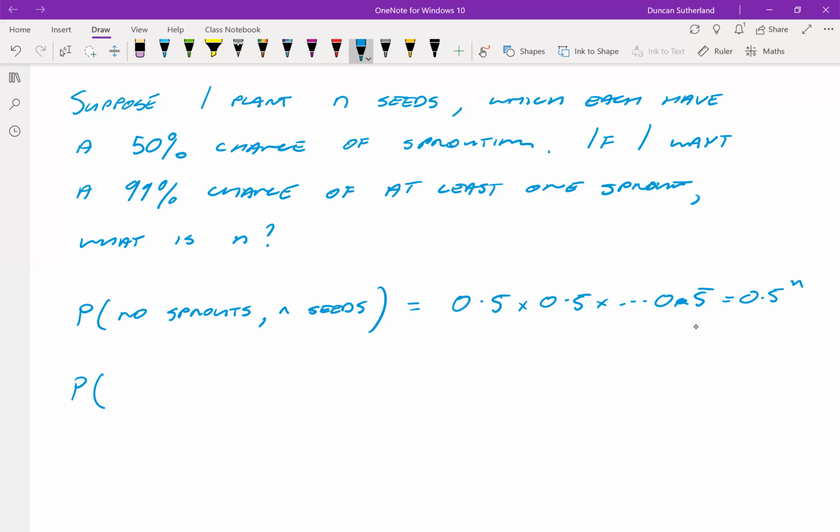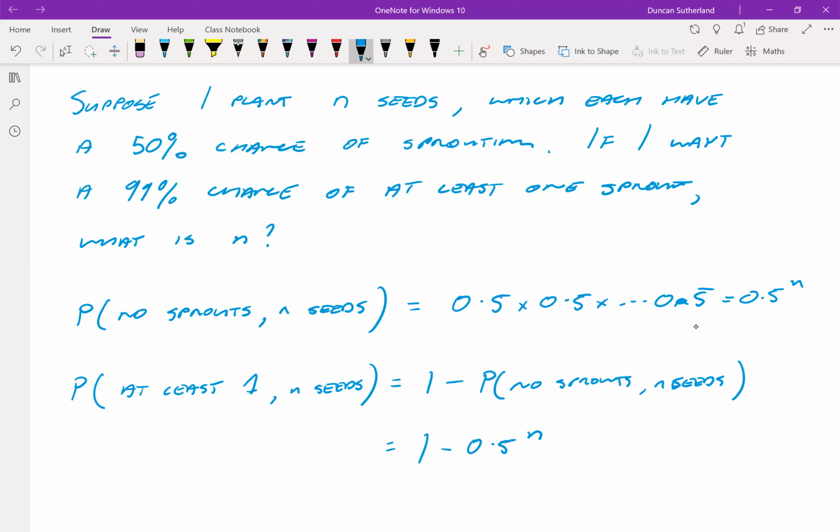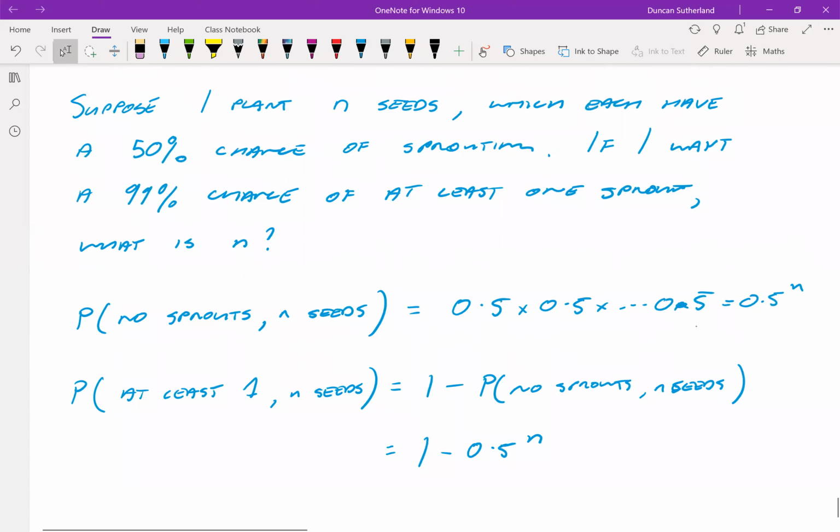The probability of at least 1 sprout in n seeds, well, that's 1 minus the probability of no sprouts, which we've just computed. That's equal to 1 minus 0.5 to the power of n. Now, I demand that this 1 minus 0.5 to the power of n is at least